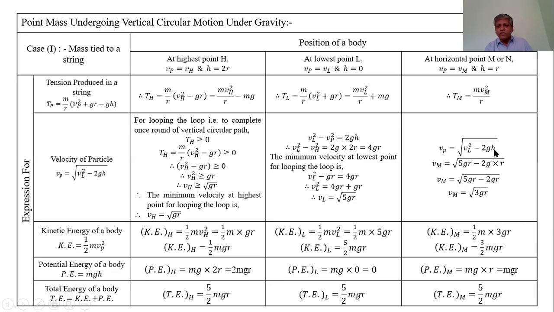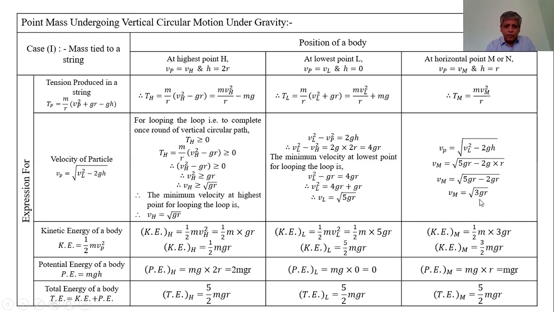The value of h is r in this case. Therefore, that is equal to square root of 5 times gr minus 2 times gr, that is equal to square root of 3 times gr. This is the speed at the horizontal positions M or N. These are the velocities at the highest positions, lowest positions, and at the horizontal positions